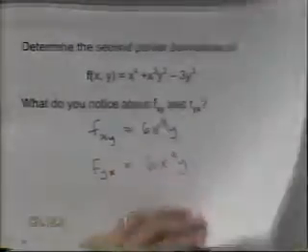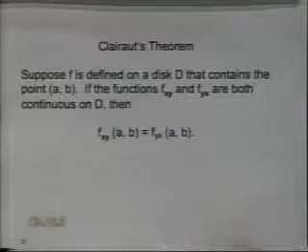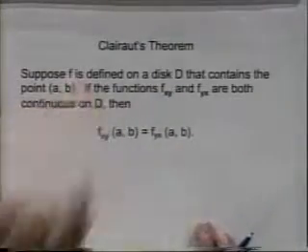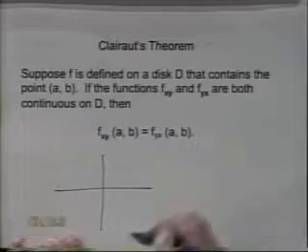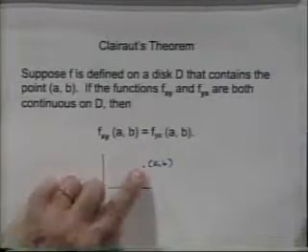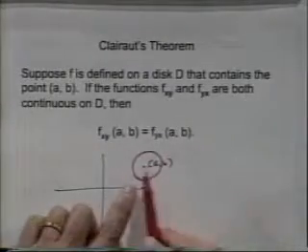Mathematicians noticed this, and a gentleman by the name of Clairaut, which I'm never going to test you on what Clairaut's theorem is. In fact, I never knew it till this book. Nobody ever told me that it was Clairaut's theorem. I just knew that this was the case, all right? But it's nice to give credit to the gentleman that proved it. It says, suppose f is defined on a disk D that contains point (a, b). Notice this function is a function of two dimensions, of x and y, of R2. You've got some point (a, b), and they're saying, suppose at (a, b), you can draw some little disk around it so that the functions